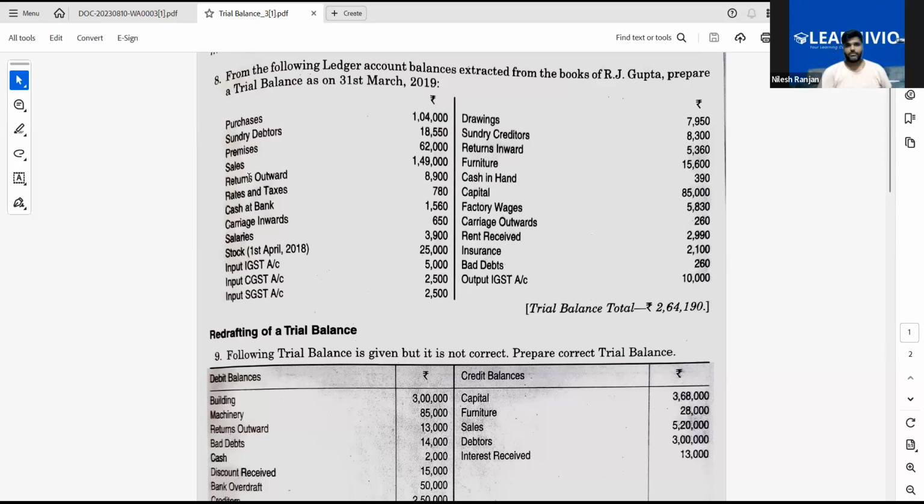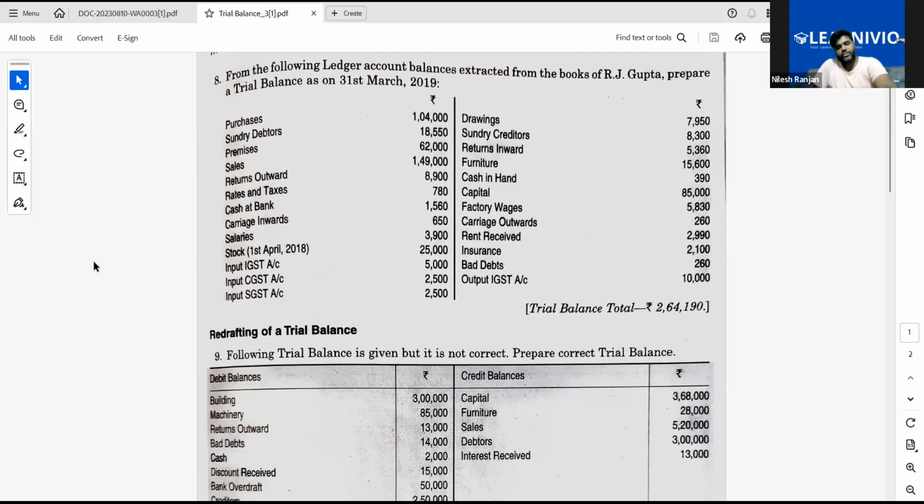So like in this question, if I ask you where factory wages will go, can you tell me? Factory wages. Anyone? Manvi, factory wages will be written on which side in the trial balance? So debit side. Can you tell me why? It'll be factory wages to cash account. So journal entry? No, I'm saying in the format of